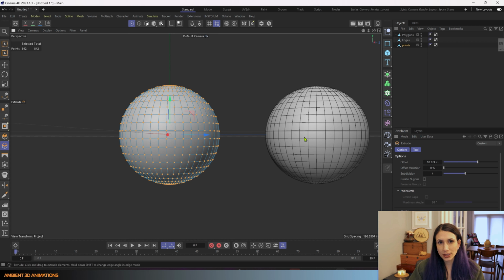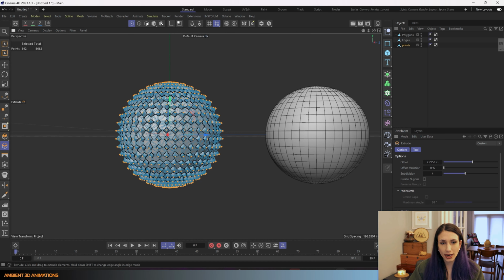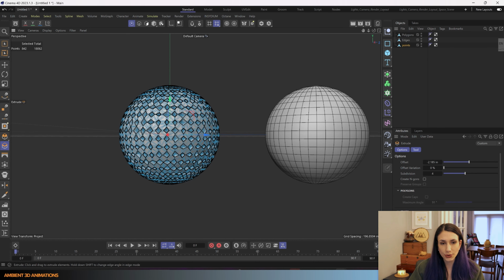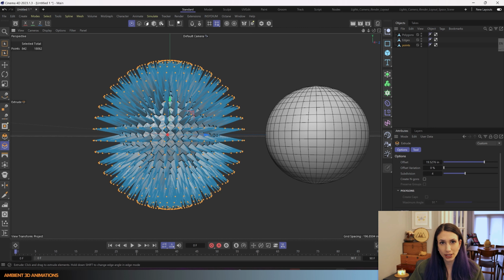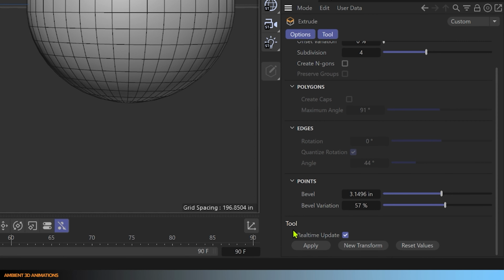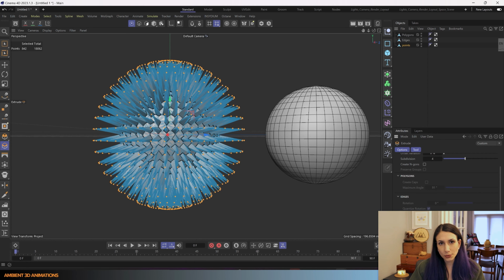And there's a few ways you can activate this tool. You can drag in your viewport in order to activate it, and now we're extruding each one of those points. I'm going to hit undo, or I could click new transform and it will apply that extrusion to these points. I'm going to hit undo again